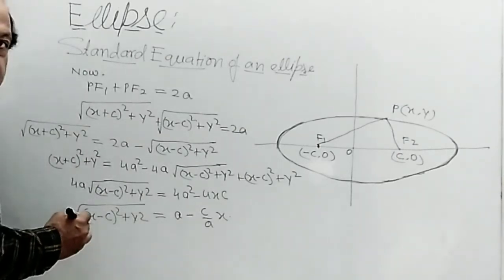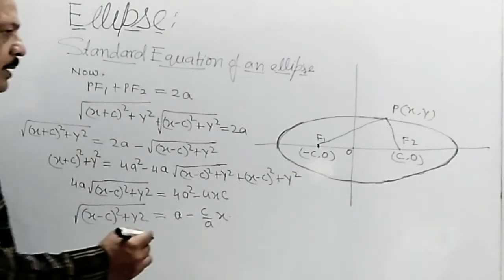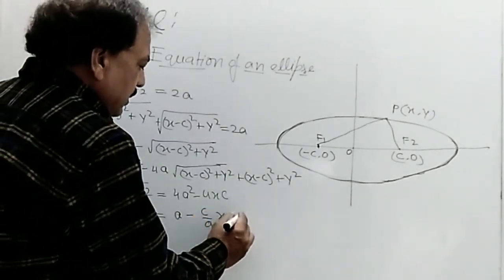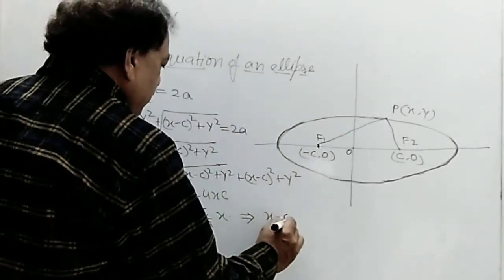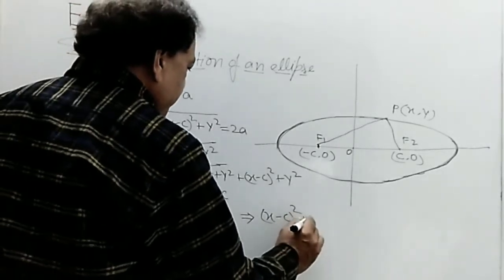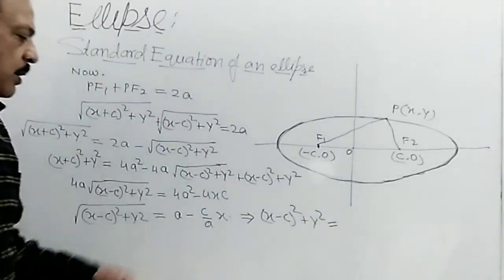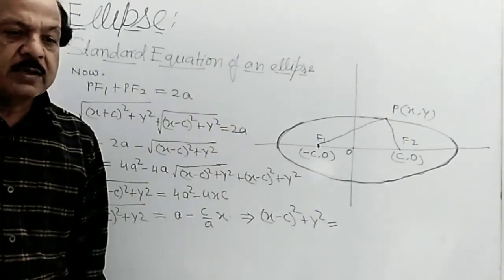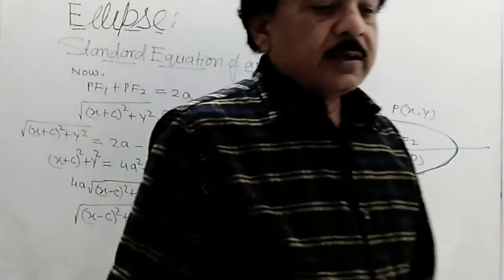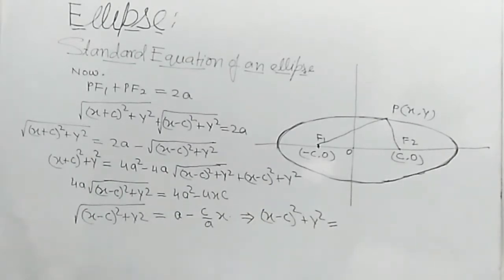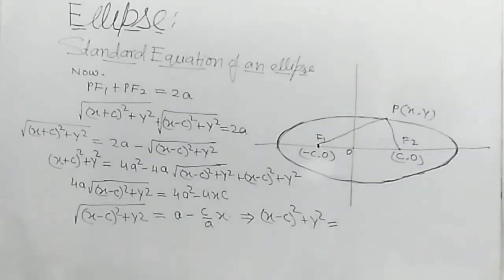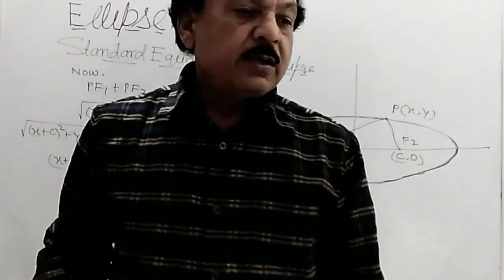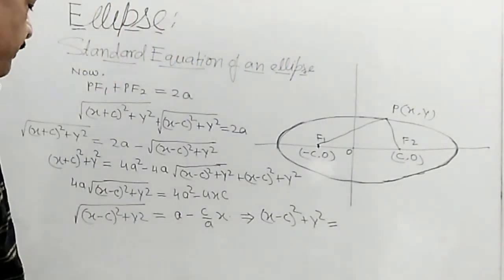ठीक, अगेन स्क्वायरिंग दिस, इसको हम फिर से स्क्वायर करते हैं। दिस इम्प्लाइज दैट, इसको फिर से स्क्वायर करते हैं तो यहाँ हमारा आ गया x माइनस सी का होल स्क्वायर प्लस वाई स्क्वायर, ये हो गया। और इसका स्क्वायर करते हैं, फिर से हम इसका स्क्वायर करते हैं। ठीक, तो ये हो गया हमारा ए